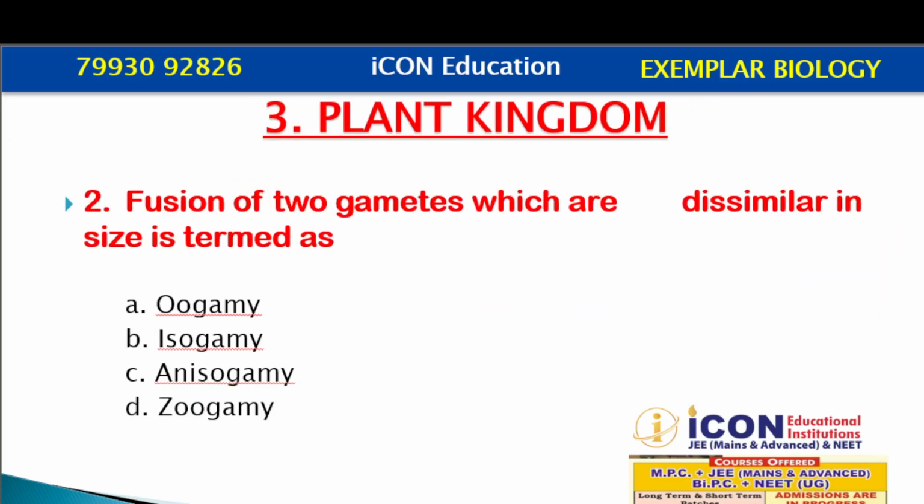Question number 2. Fusion of two gametes which are dissimilar in size is termed as. So the key word in your question is dissimilar in size. So we know that dissimilar in size is anisogamy. Option C, anisogamy. The fusion of two gametes which are dissimilar in size is termed as anisogamy. Now look at the other option, Oogamy. Oogamy is also having dissimilar size of gamete, but here the female will be